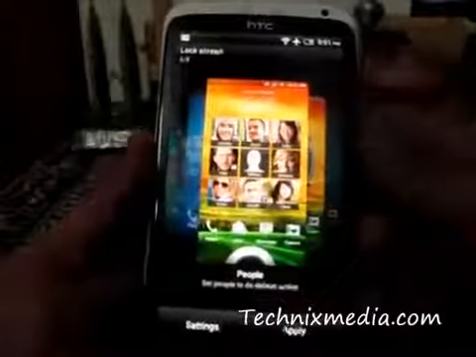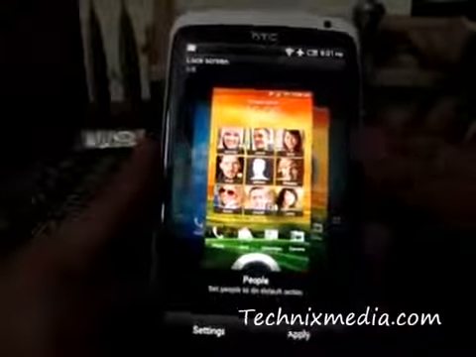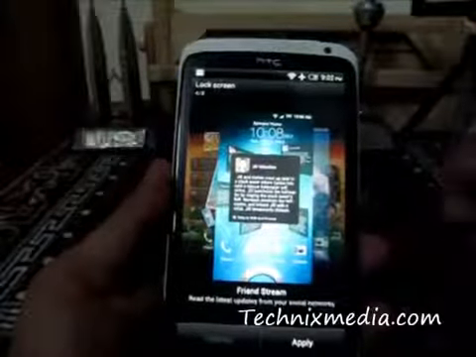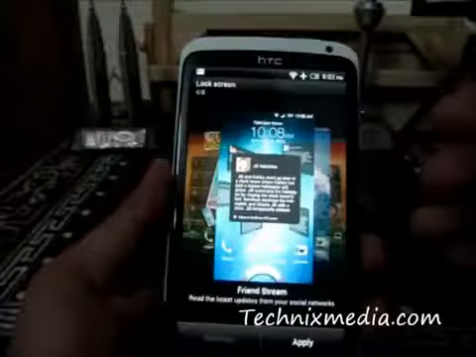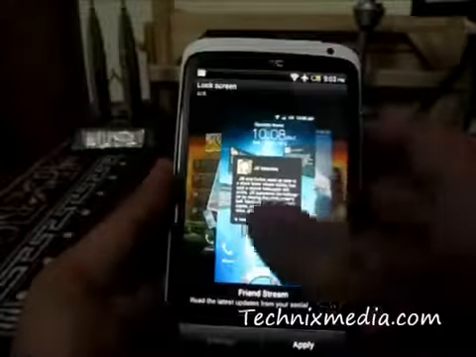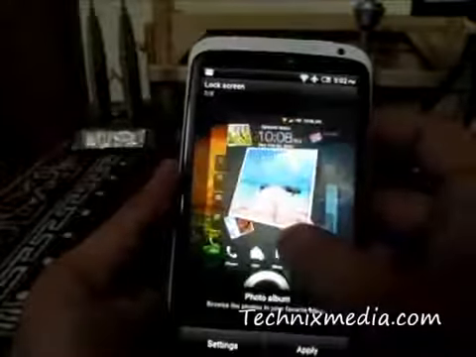Then you have this people style lock screen. You have the clock style lock screen as well. Then you have the stock type of lock screen, in which it will show you the stock from the company which you want to track from the stock market. And then you have a notification kind of lock screen, in which it will show you the latest updates of your friends and relatives from the social networks to which you are connected.